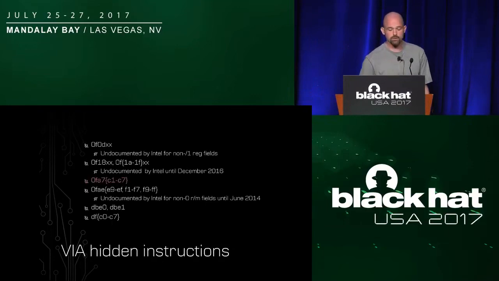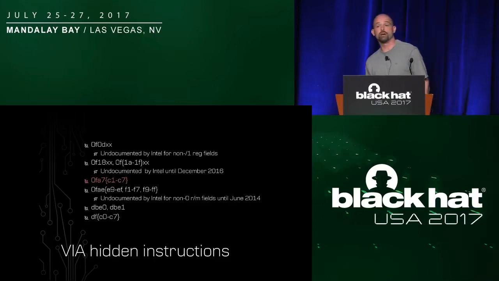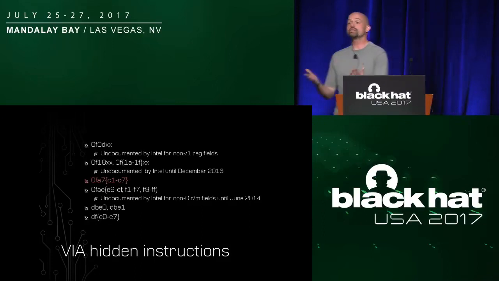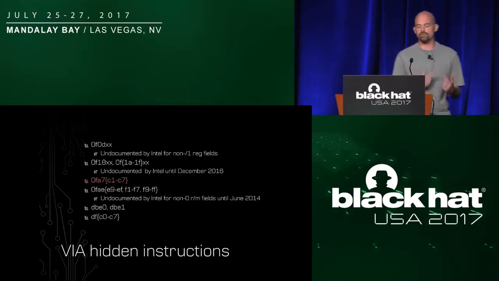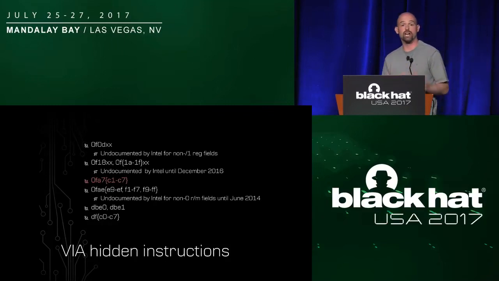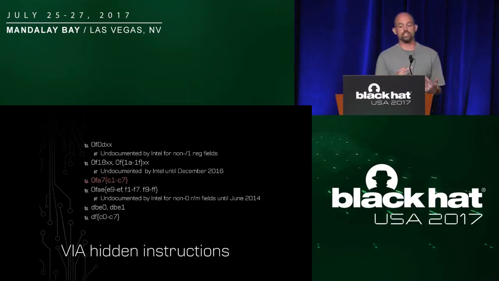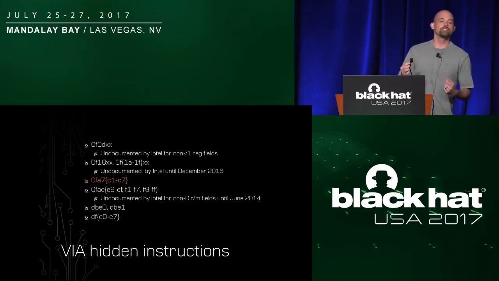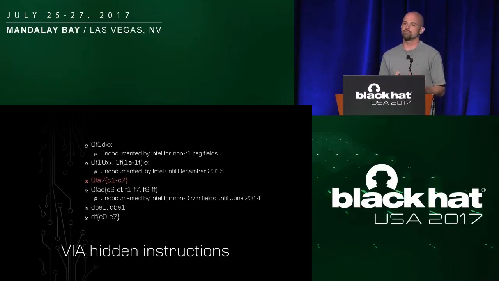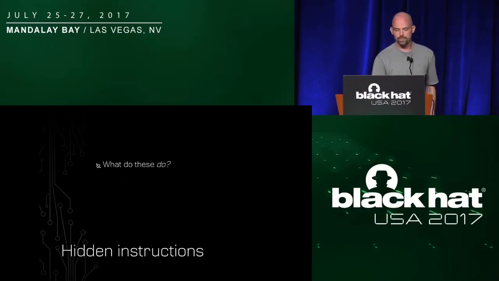I scanned a VIA system, and we found sort of the same things. A lot of overlap with other undocumented instructions from other manufacturers, but then unique sets of instructions that only appeared on VIA. So specifically, the 0F A7 group on VIA is actually VIA's proprietary PadLock instructions. It's a set of cryptographic instructions that only exist on VIA chips. And VIA documents the PadLock instructions, but they don't document 0F A7 C1 through C7. So that is a set of cryptographic instructions on this processor for which there is no documentation. We have no idea what they actually do.